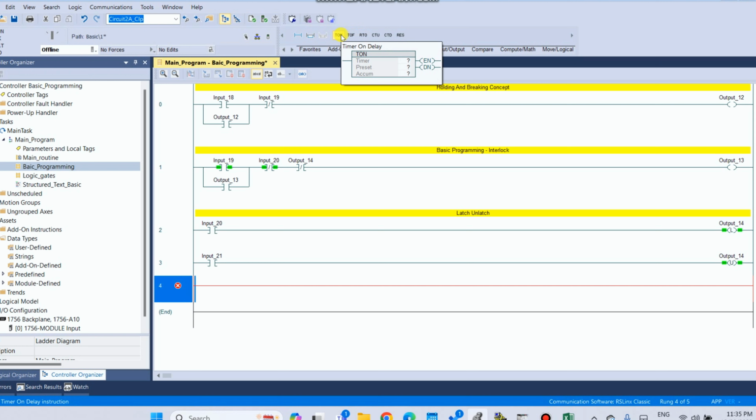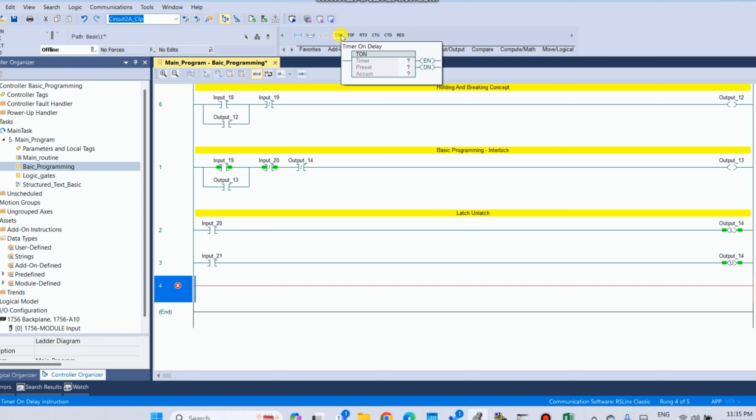So we will review the differences between these timers and show you how to program them in the software. If you are new to Studio 5000 programming software, this video will provide a comprehensive overview of the different types of timer available to create timing operations.